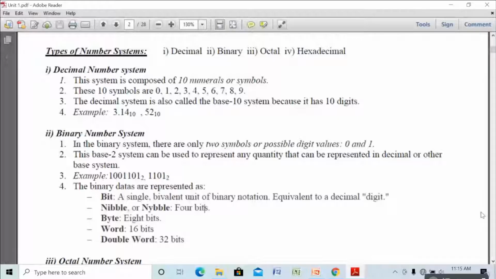So what is the decimal number system? It has 10 symbols or 10 elements, starting from 0 to 9. These are all the examples. It is otherwise called the radix, and our radix is 10. Why is it 10? Because the elements or symbols are 10, from 0 to 9.